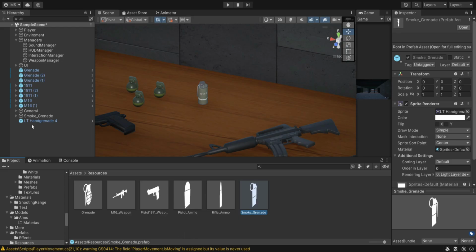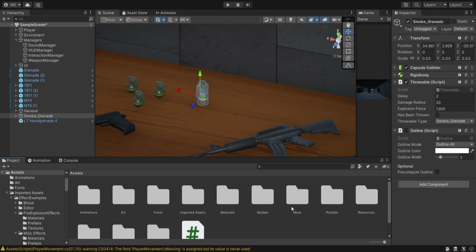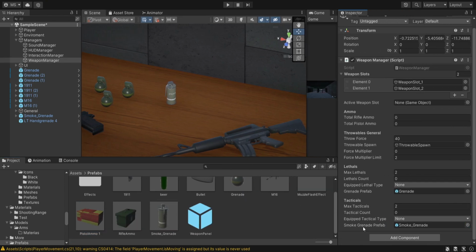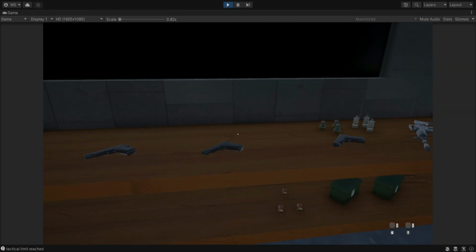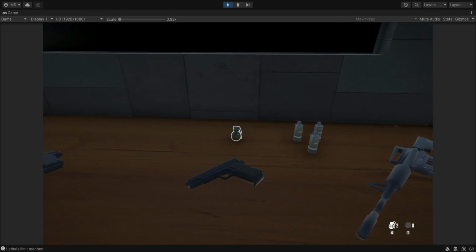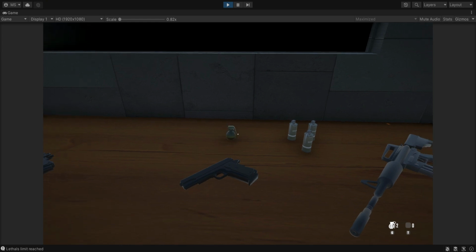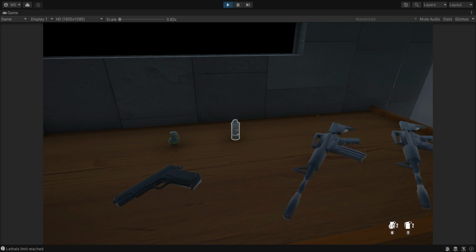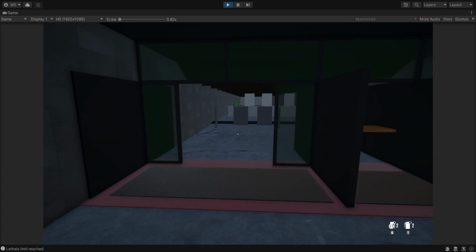Now let's go over here to the weapon manager and let's drag the smoke grenade prefab. So we have it inside our prefabs folder. So let's drag it inside. And right now we can also change the max lethals and max tacticals because we created these variables, but we're going to keep it at 2 for each. So now we can pick up this grenade and we can see at the bottom that it goes up. We cannot pick up the third one, but we can also pick up this smoke and we can see it over there. If I hold the G key and I throw,